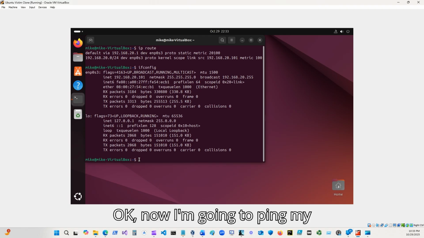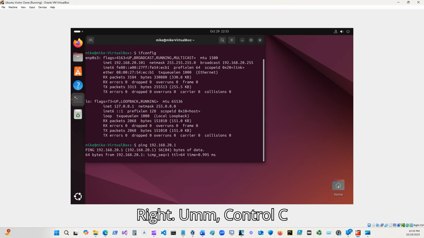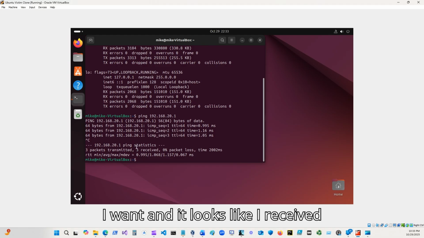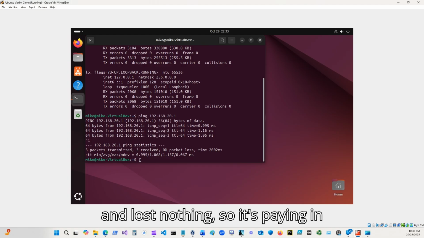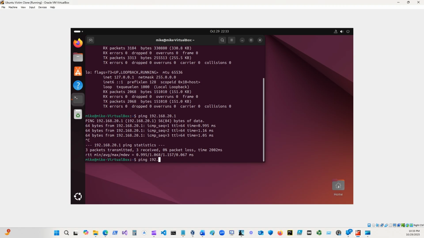Okay, now I'm going to ping my gateway first, right? And Control C stops it because I didn't set how many pings I want. And it looks like I received and lost nothing, so it's pinging that. I can go ahead and ping